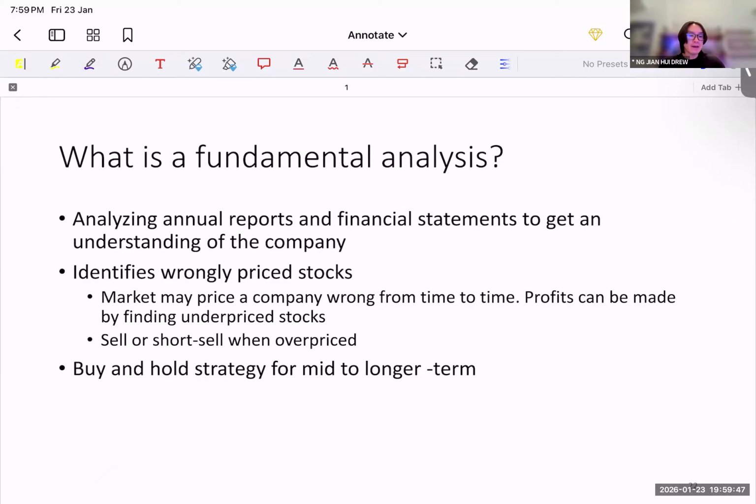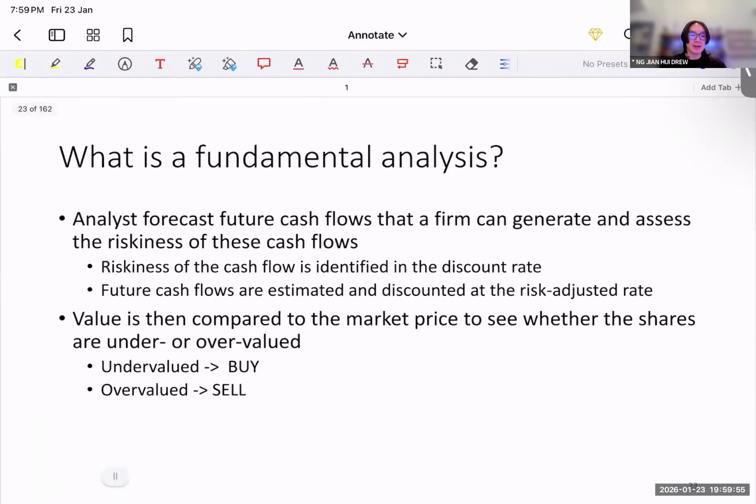Okay. Not really going through this. This is basically what's fundamental analysis. We talked about this already. So in doing the valuation, what we're trying to do here is determine whether a stock is under or overvalued, right? When something is undervalued, that's where there's a good opportunity to buy because it's below the value of the market. And so it's a good time to buy and hold this stock.